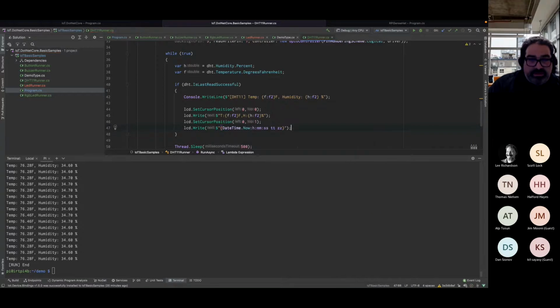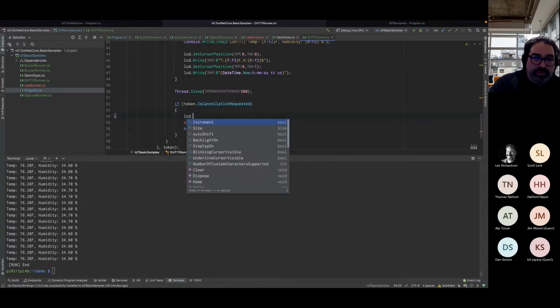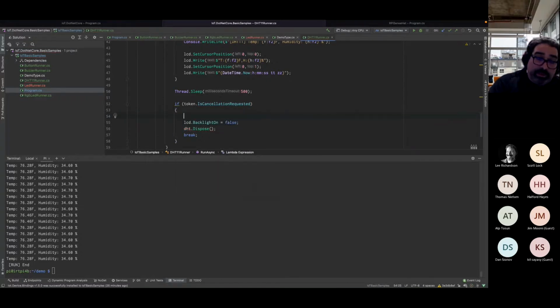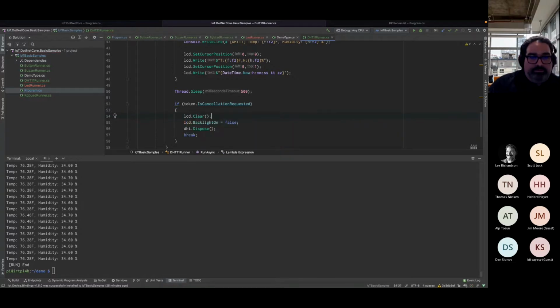Sure. So at that point, first line, temperature, second line, the time of the day, things that I want to do. Let's do, when we're done, starting the backlight off, which is not off right now. I kind of wish it did that by default. And clear it. I guess it doesn't matter.